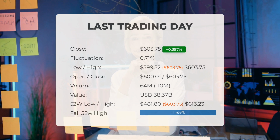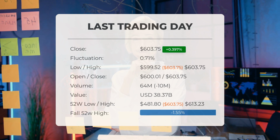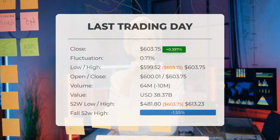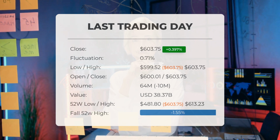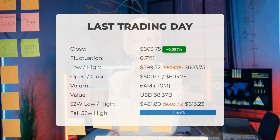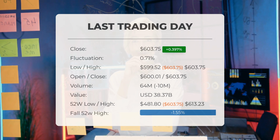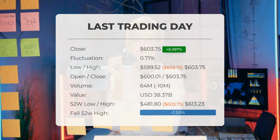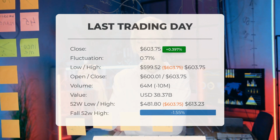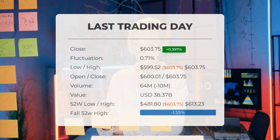The SPDR S&P 500 ETF price gained approximately 0.397% on the last trading day, which was Thursday, the 12th of June, 2025, rising from $601.36 to $603.75. During that trading day, the ETF fluctuated 0.706%, with a day low of $599.52 and a day high of $603.75. The price has increased in 6 of the last 10 days and is up by 2.32% over the past